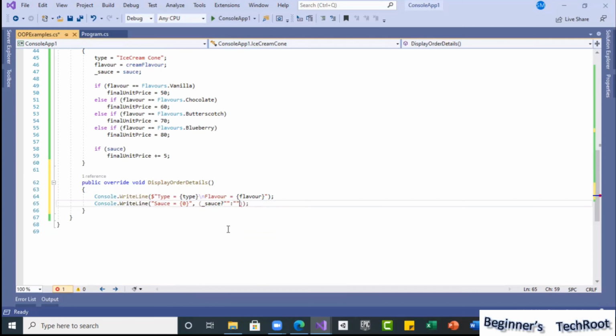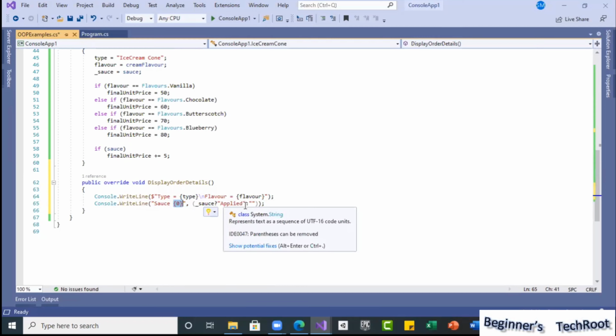So what I am trying to do, if they selected source, I am going to give a message, source applied. Sorry, I don't need an equal to here. Just I will use it like this, source, a placeholder. Here, if it's true, it will be substituted here, source applied. If it's false, then I am going to specify not applied.